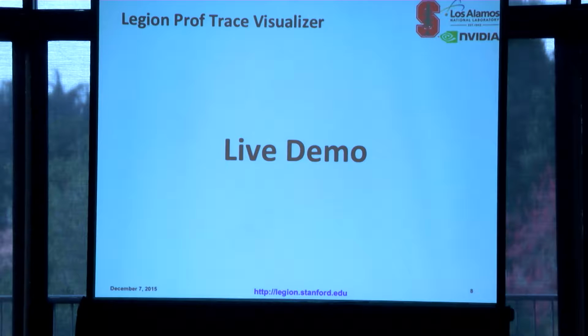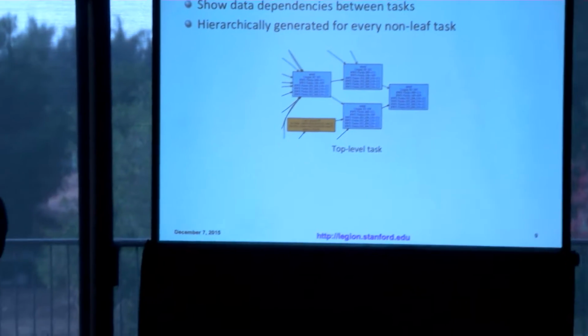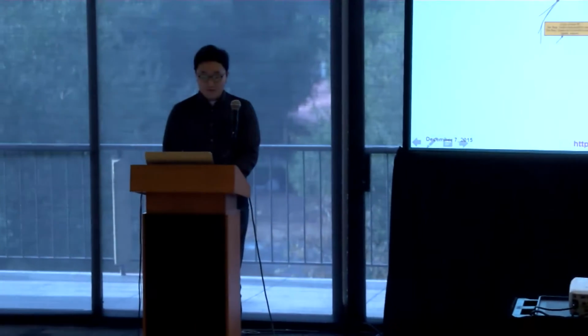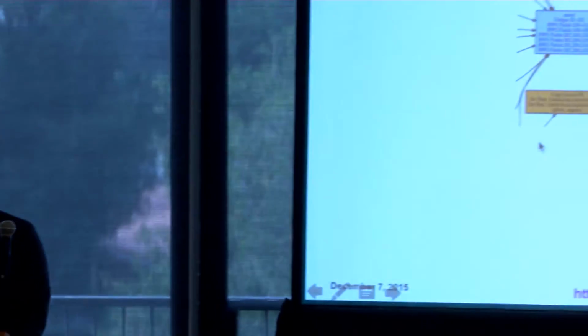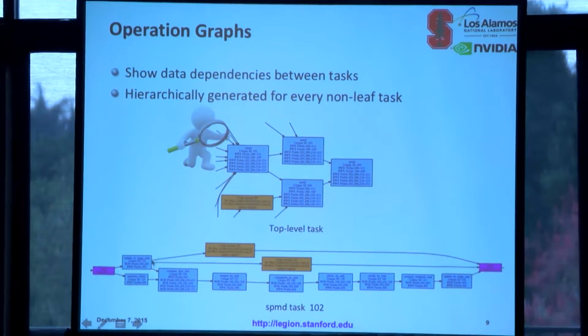Okay. And we have other types of support from the tool side. The first one is operation graphs. This type of graph shows the data dependencies between tasks, and it will be generated for every non-lib task. So for example, this is again from the Minero, and this will show you that there are 4 SPMD tasks here, and if you want to take a look at one of them, then you will get the operation graph